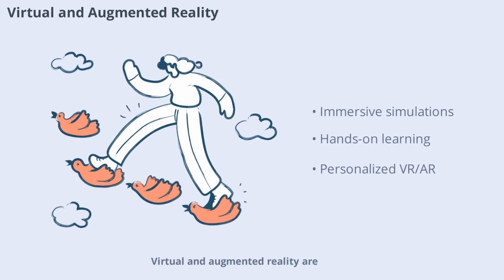Virtual and augmented reality are being integrated into adaptive learning platforms, offering immersive simulations and interactive experiences. These technologies allow students to explore complex concepts in a hands-on way, making abstract ideas more concrete. Adaptive systems can adjust VR and AR content based on student progress, ensuring that each learner receives the right level